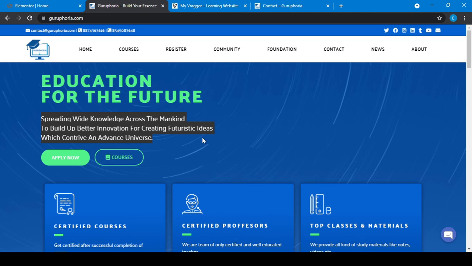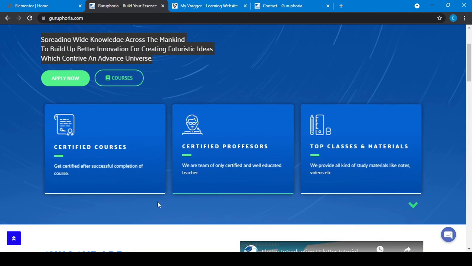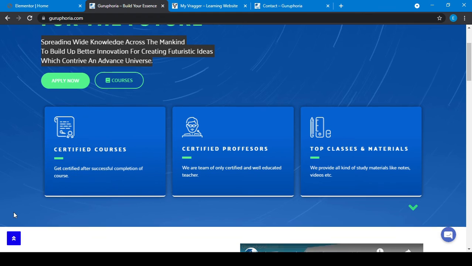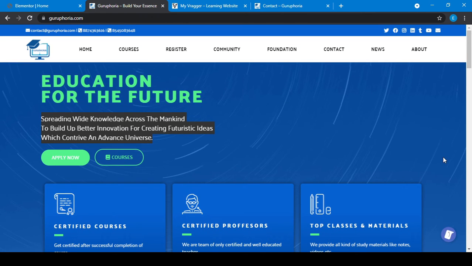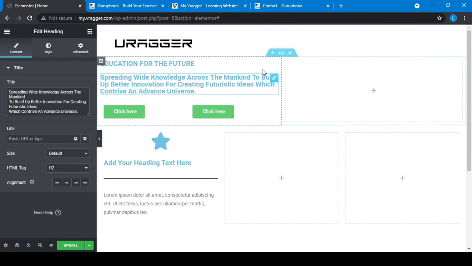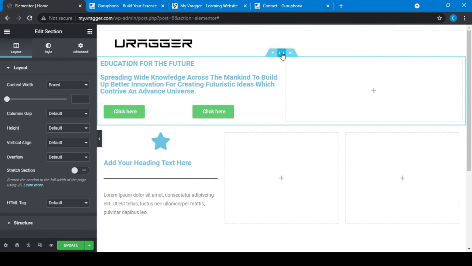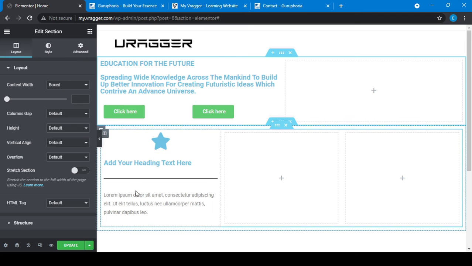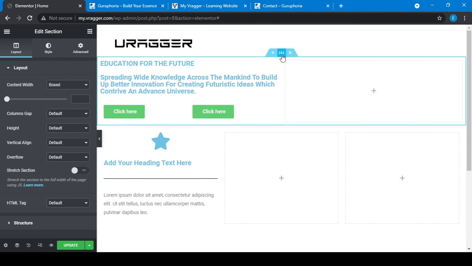Okay, one thing more. Here is a background. What are you looking at? Here is a background, that is, you can say, an image. So what I will do, I will put a background. So let me do that.